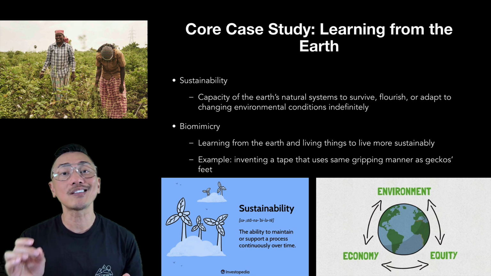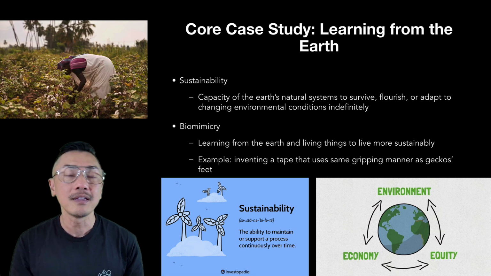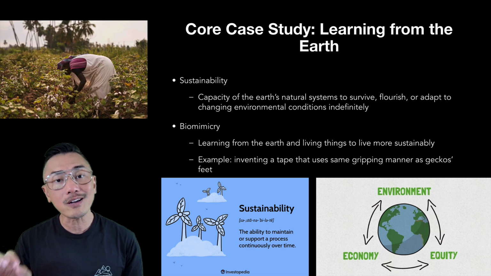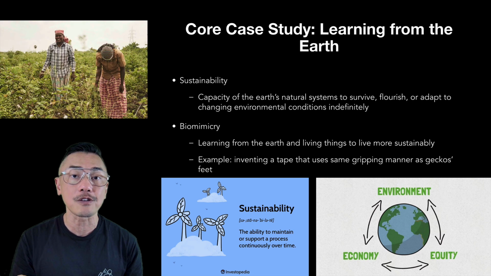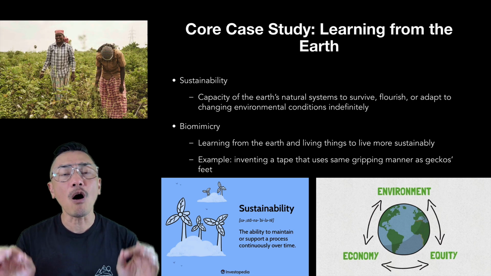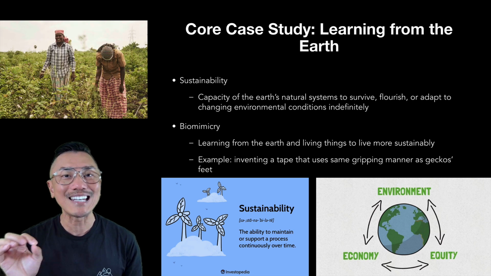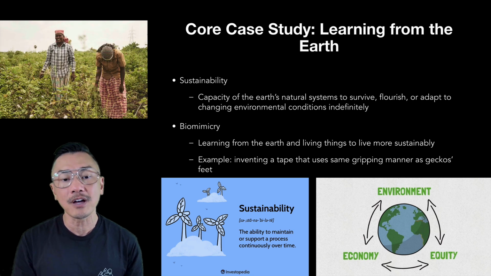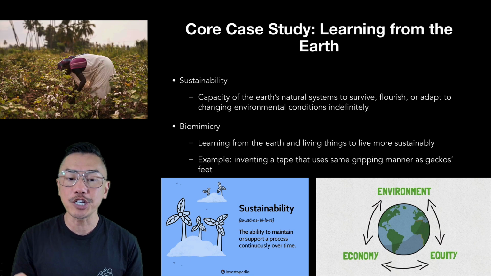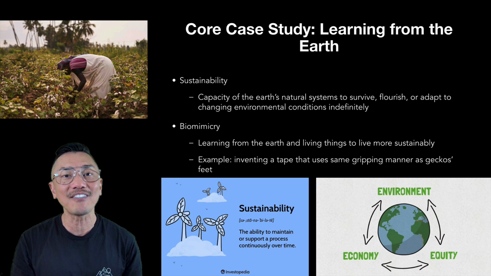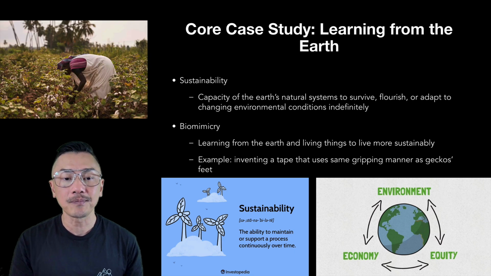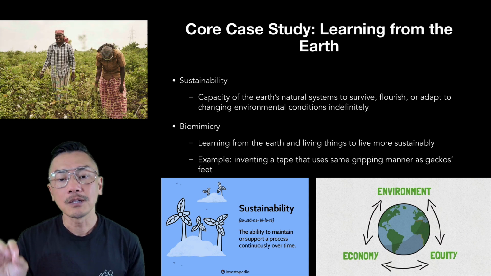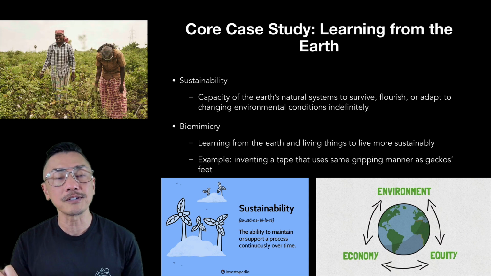Each chapter kicks things off with a core case study that gives an example or frames what we will be learning about. The core case study for the first chapter discusses how we can learn from the Earth. Sustainability is all about the capacity of the Earth's natural systems to survive, flourish, and adapt to changing environmental conditions indefinitely. One fascinating way we can achieve sustainability is through biomimicry, learning from the Earth and living organisms to solve